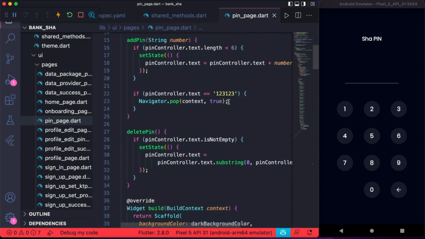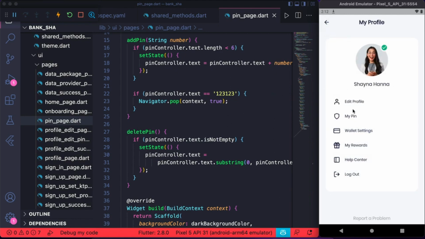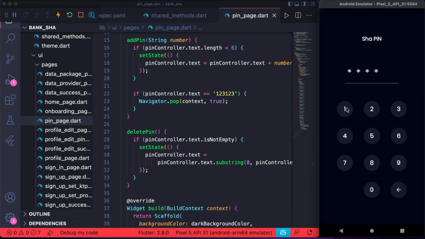Now we can try to add it in the sign-in section. Let's try to click sign in first. When we input the PIN, we can go to the PIN page. Now here it works. For example, we can input 1 2 3.